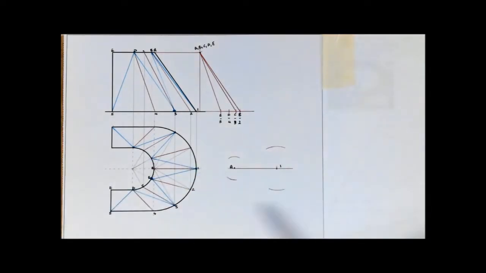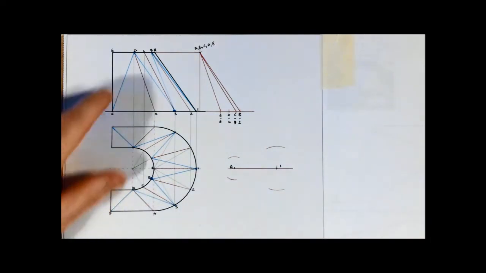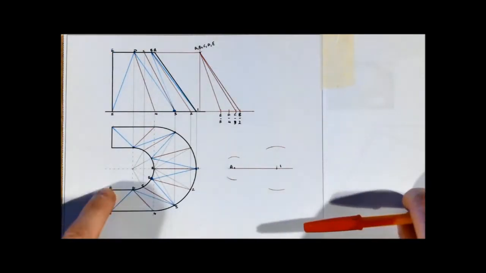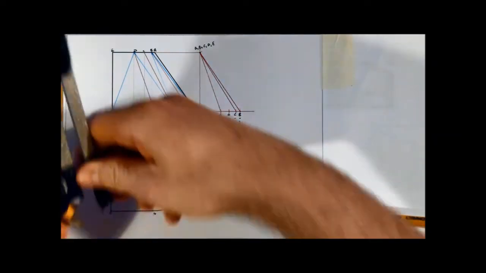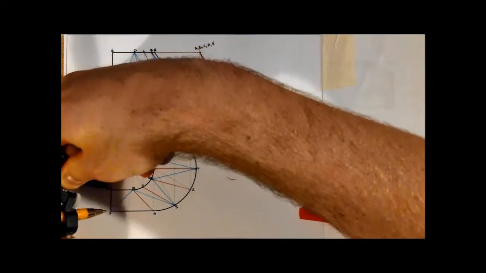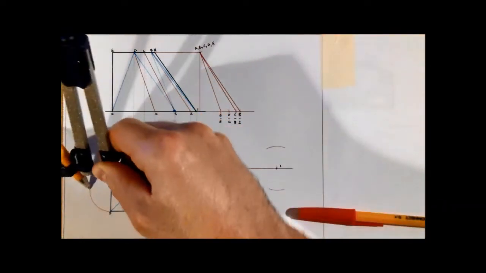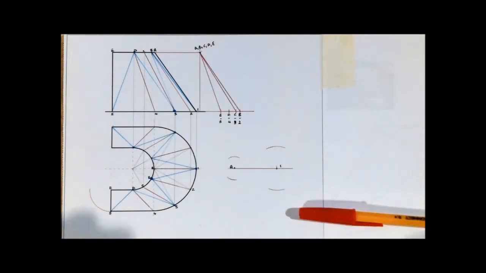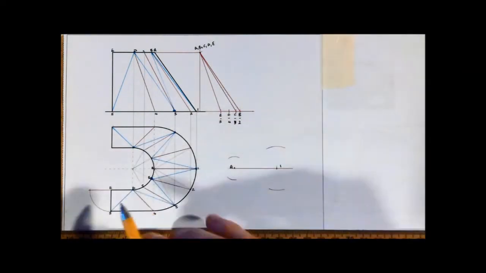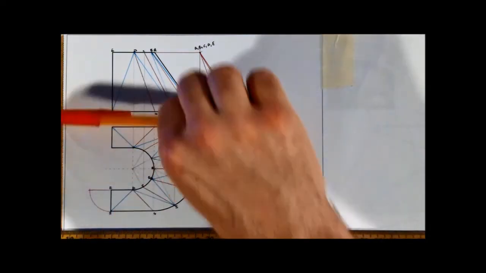Okay, now another way just to show you very quickly of how you could actually work out E to 5 would have been just to do it like this as well. So if I took E over here as the apex of a cone, and E to 5 obviously down here is my radius. So if I was to take that as the radius, which I've already done and it's already set on my compass, I could have rotated it out like that, and at the extreme generator point, because the extreme generator we would see is parallel with the xy line,